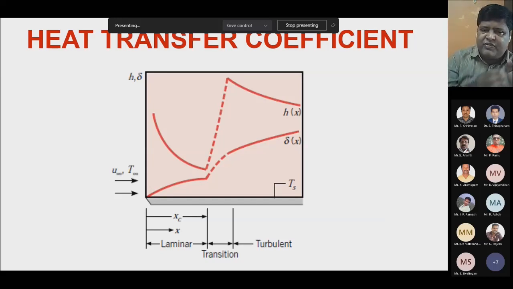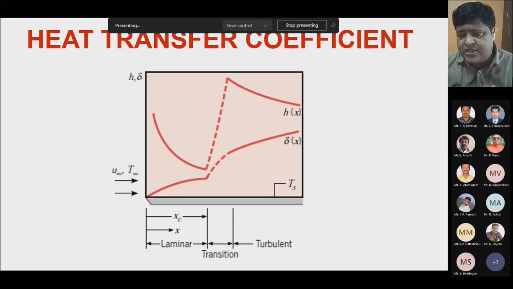The local heat transfer coefficient is for a particular length, where we calculate how much heat is absorbed, because from the graph we understand h varies continuously in the x direction in laminar as well as turbulent flow. So we calculate either the local h, or we can calculate the average, which is over the entire length of the plate. Since h differs from point to point along the length, we can take an average over the entire length. So when you are calculating the total heat transfer rate, the total heat dissipated from the plate, you have to take the average heat transfer coefficient.